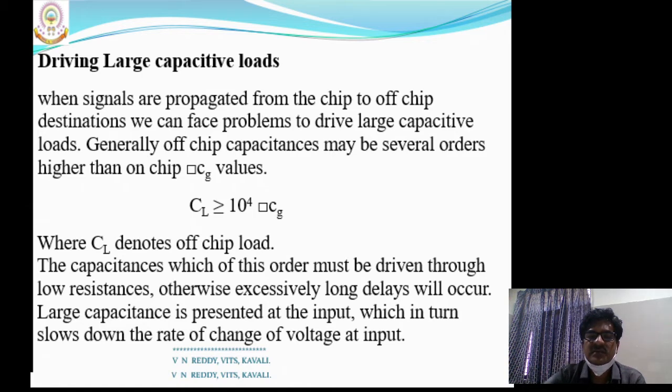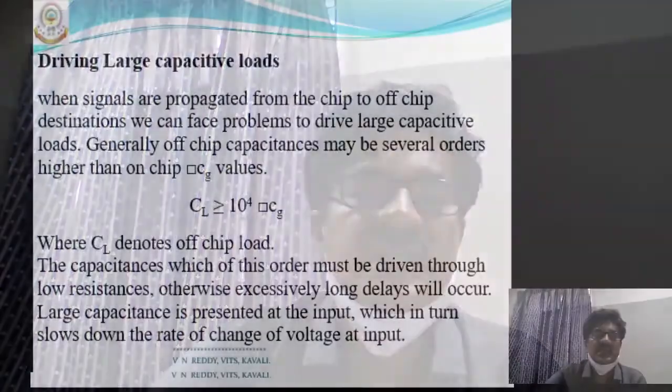Low resistance means the L by W ratio should be low, right? For that, L by W ratio should be low means L value up to a certain level you can reduce, but after a certain limit you can't reduce the L value. There is a constraint. But coming to W, by increasing the W value you can reduce the resistance. But with reference to one stage, if you increase the W value, again the capacitance value increases, so the delay is increased. So to overcome this problem, various methods are there, like the methods which you can see now are the